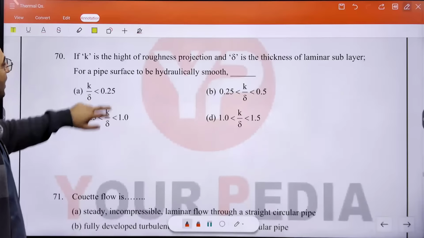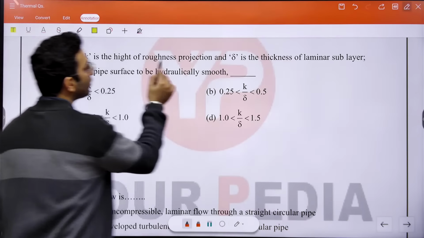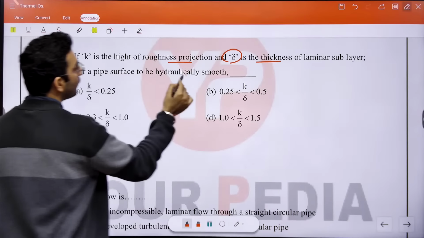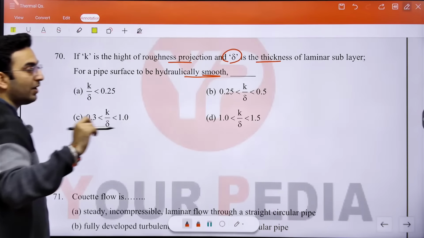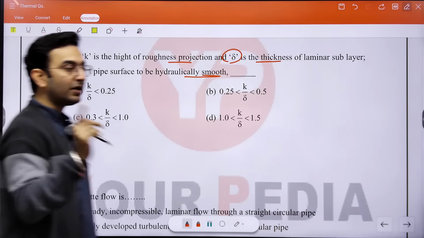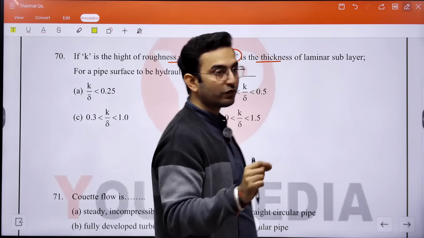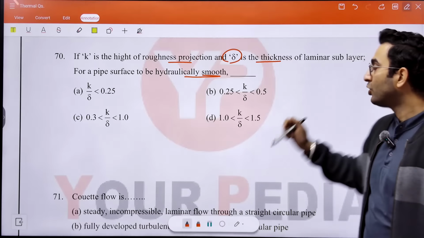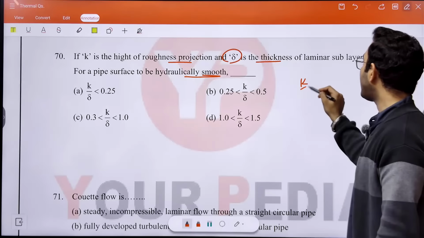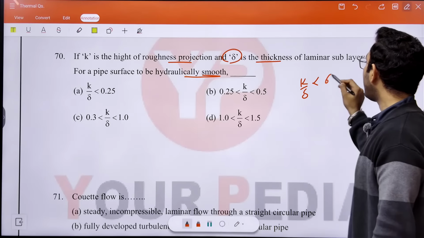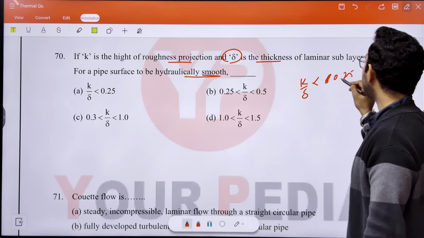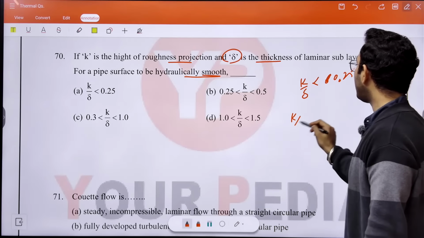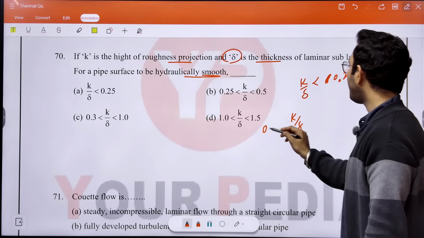Next, if K is the height of roughness projection and delta is the thickness of the laminar sublayer, for a pipe surface to be hydraulically smooth. Remember the condition. While doing the analysis of a turbulent flow, you classify the pipe as a smooth pipe and a rough pipe here. So here we take the ratio of K by delta. If the value of K by delta is 0.25, we say it is a smooth pipe. When the value of K by delta is in between 0.25